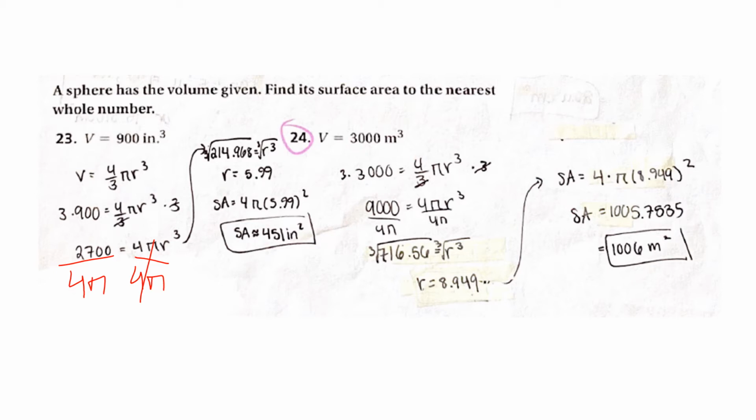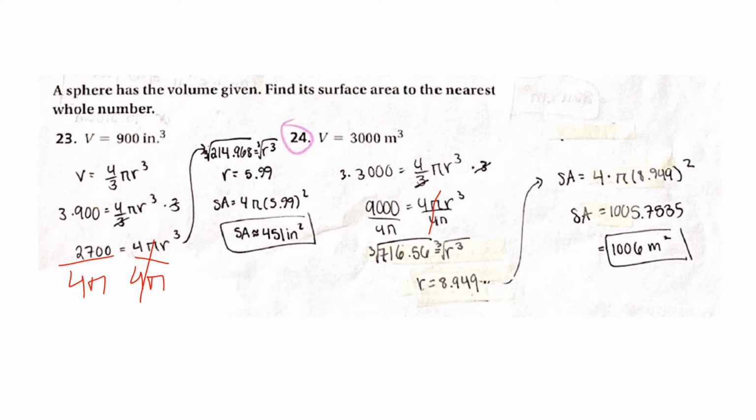24, same process here. So I have my volume formula, 4/3 pi r cubed, but I replaced volume with 3,000 because that's what I have up here. I multiplied both sides by 3 so that I can cancel out the 3 in the denominator here. And I did actually show my work of dividing both sides by 4 pi here. So that's nice because that cancels out. And then I have to plug this portion over here, 9,000 divided by 4 pi, into my calculator. And that gave me